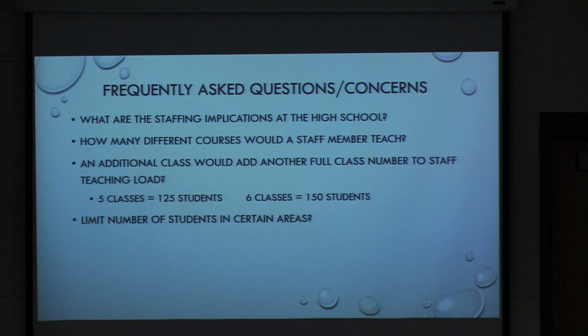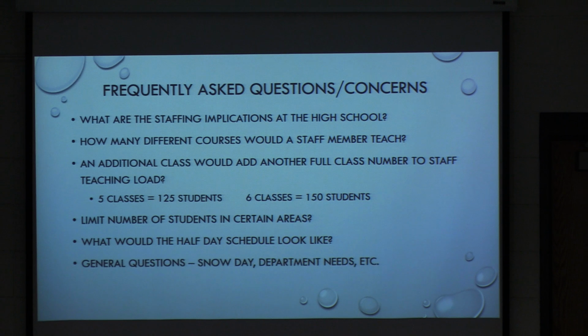All right. Limit number of students in certain areas, absolutely. So we have the capability in Genesis to be able to say, well, expository writing can only get 16 kids a class because there's so much grading for those papers. Engineering can only have 16, or robotics can only have 16 kids in a class because we only have 16 computers in the class. TV and video could only have 20 because we only have 20 computers, right? So the point would be, I think the next bullet's right, what would the half-day schedule look like, and then general questions. So